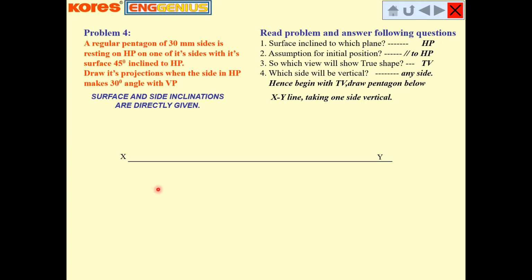So we need to start our numerical, our drawing, from the top view only. In the top view, we are creating the regular hexagonal plane. Then we are creating the front view. After that, whatever surface inclination is given, at that surface inclination we copy and paste the front view. The length of the front view we keep as it is, but at the given inclination of 45 degree.